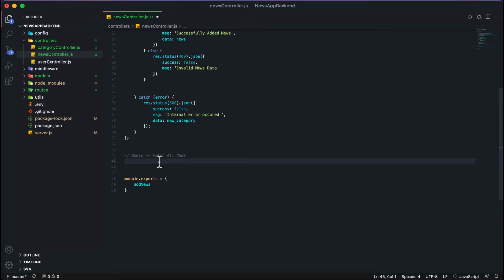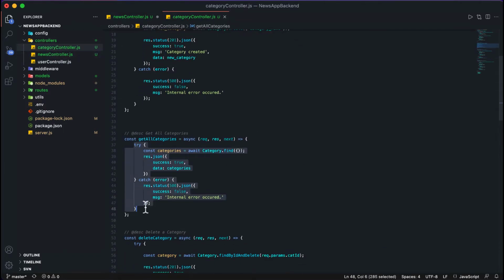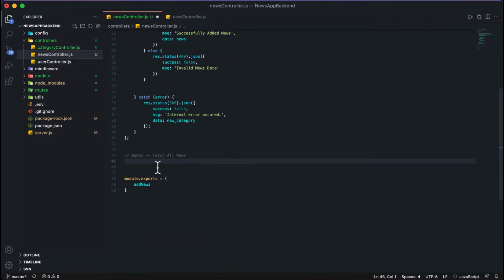So first, generally we'll do like we fetched for the category. So what I will do, I will copy these things. Okay, so now in the news controller here, let me first create a function here, to fetch the news. So I will write here get all news. Okay, it will be of type async. Again I made the mistake. So here we'll add the parameters request, response, next.